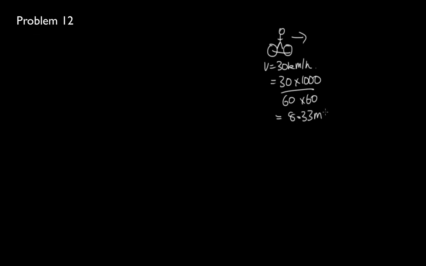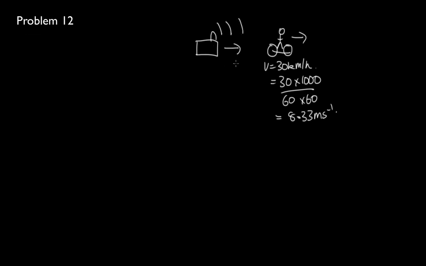This problem says that you are cycling along the road at 30 kilometers per hour. So here's you cycling along. Your velocity is equal to 30 kilometers per hour, which is equal to 30 times 1,000 over 60 times 60, which is equal to 8.33 meters per second. When an ambulance comes up behind you with its sirens blazing, so here's the ambulance behind you,